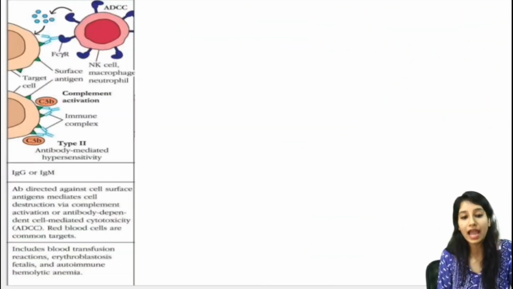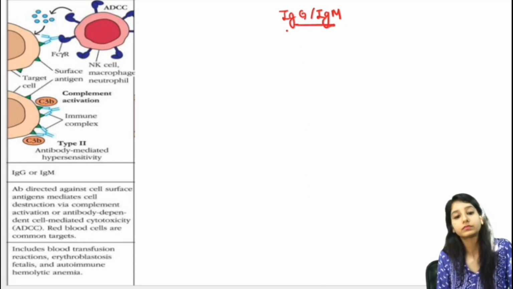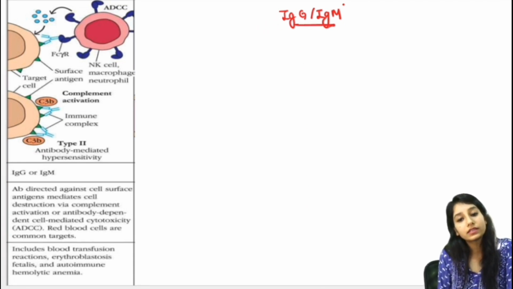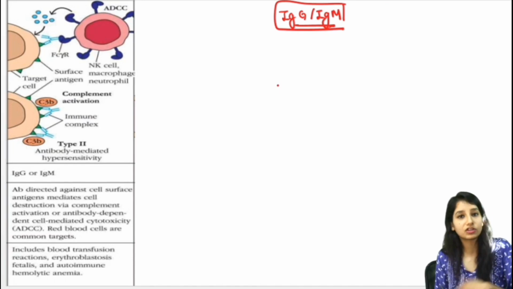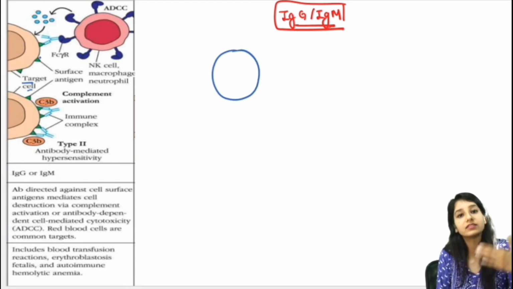If we talk about type 2 hypersensitivity, as I have already mentioned, this occurs due to the IgG antibodies or due to the IgM antibody. Now, the destruction can occur by 3 steps. First of all, for example, here you can see a target cell present. Target cell is the cell that contains the antigen. So it contains the antigen.